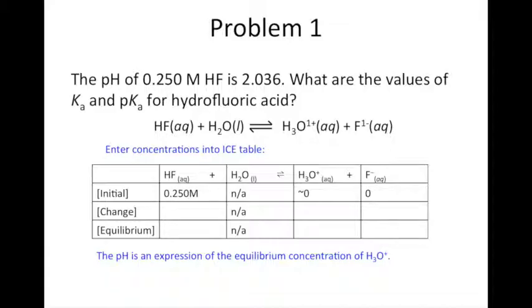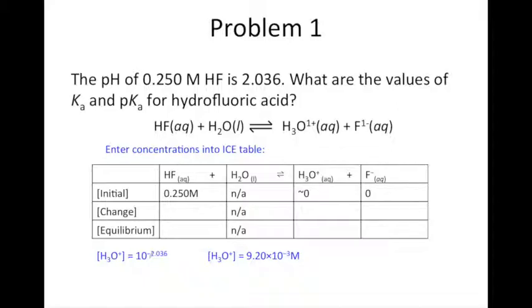Now, next, we have to appreciate what the pH tells us. What exactly does the pH mean? Well, the pH is an expression of the equilibrium concentration of hydronium ion. Remember that pH is equal to the negative log of H3O+, and this H3O+ is the equilibrium concentration. It's very important that you appreciate that. So given the pH, we can rearrange that to solve for the hydronium ion concentration, which will give us the hydronium ion concentration at equilibrium. So we just plug in our